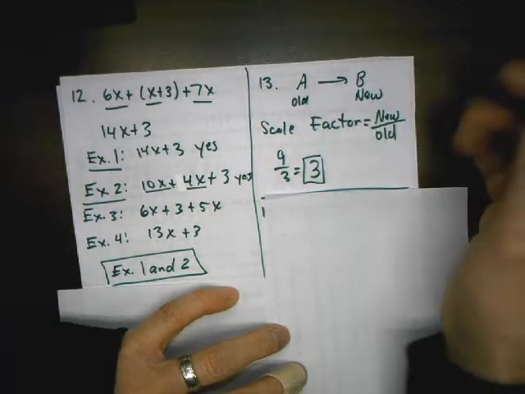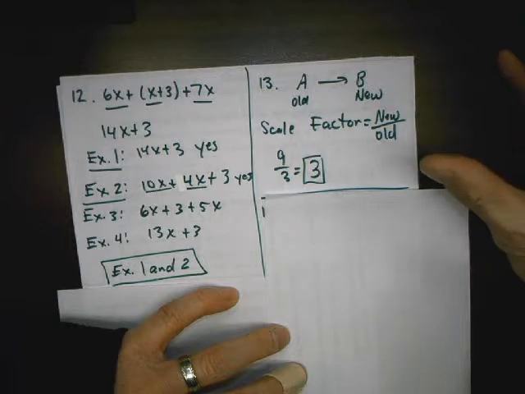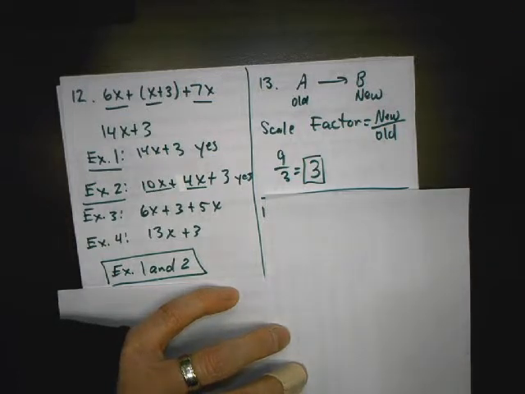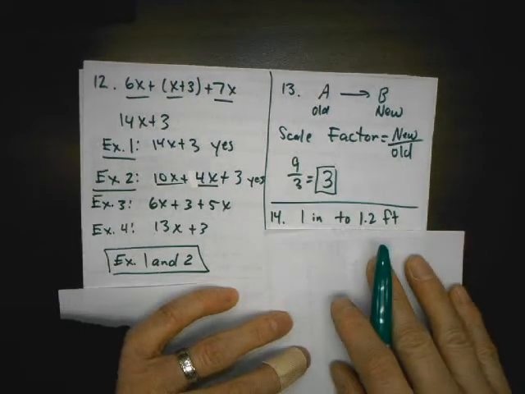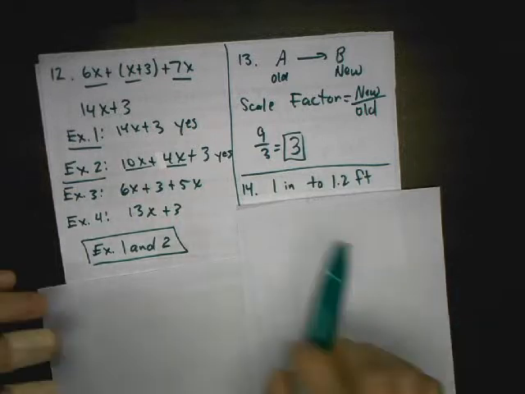Now, if it said from B to A, that would be getting smaller, so I'd switch it and I'd put new over old and I should get a fraction. If it's shrinking, it should be a fraction. If it's expanding, it should be a whole number larger than 1. Okay? All right, so 14, we have a scale drawing, 3.5 inches high, and they say the scale is 1